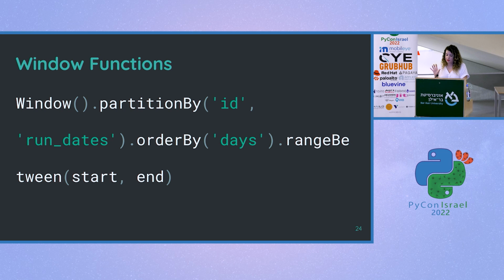It's really similar to the way it's built in SQL, where you have the window and the partition by. You can partition it by a user-specific ID or device ID, and the run dates. Then you order them by the relevance day, because you want to see the history of the user according to when it occurs. And you have the range of the aggregation that you want to apply, whether it's a day before, the 3 days prior to the model run date, or 2 weeks before.